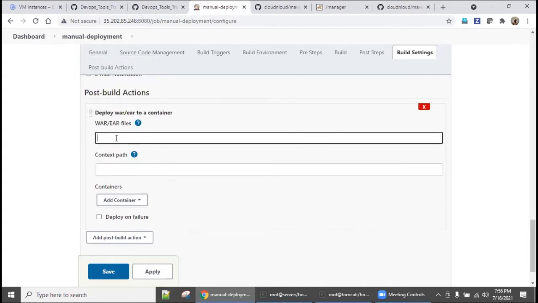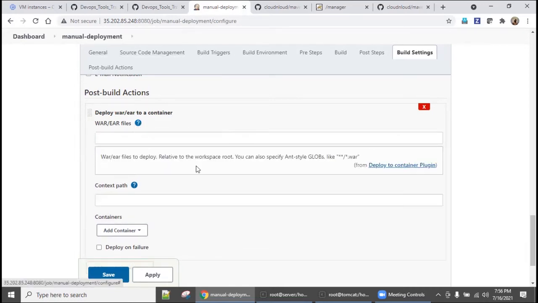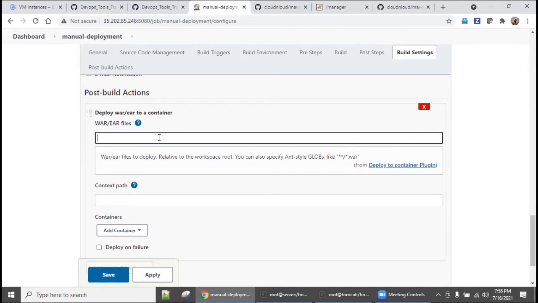Okay. Here you need to have always some confusion. Don't worry. Click this question mark. Always try to learn from the help, right? Click this. So it's clearly saying I need a war file. Suppose your Java application is creating an .ear file after compile build, then you need to make sure the ear file is given. The reason is, there will be a lot of files, but I don't need every file.